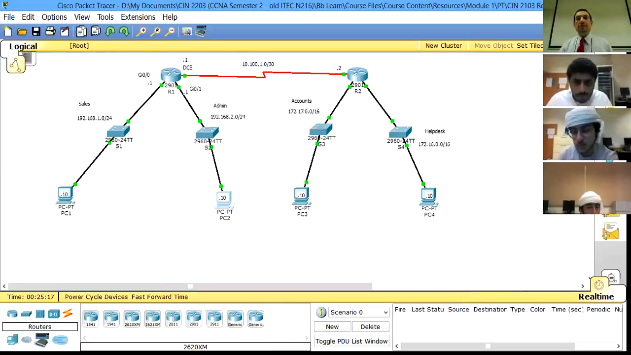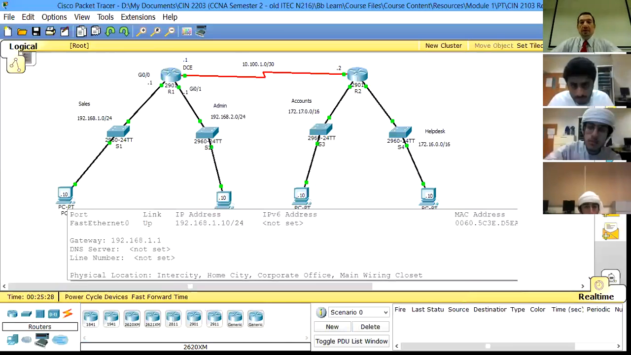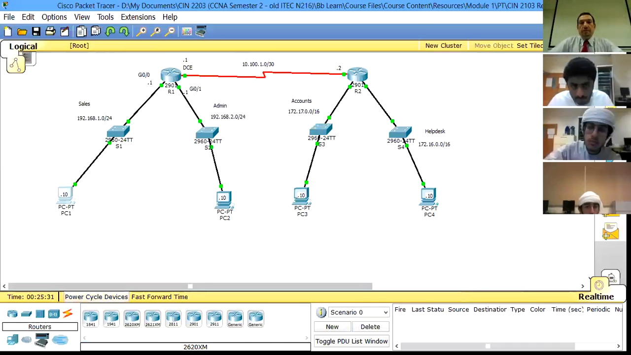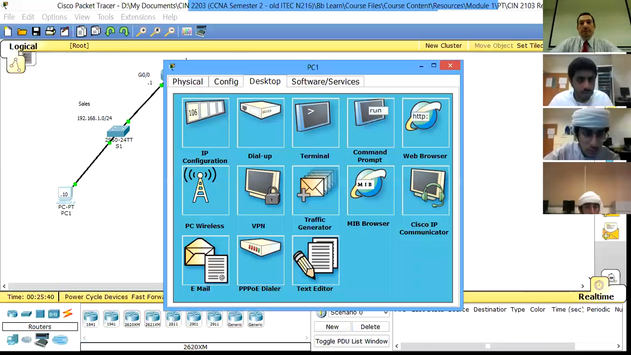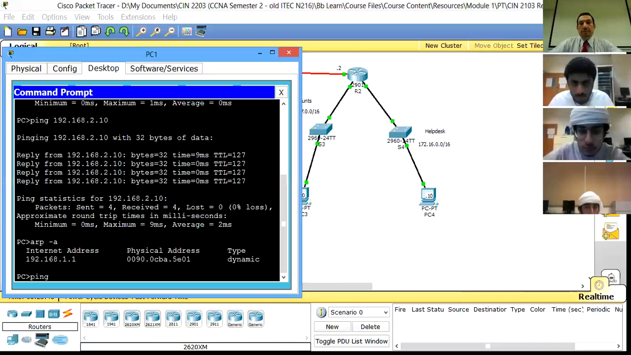Right now, I'll give it across now to Khalid. Khalid, can you please now ping PC1 to PC3? Just one click. One click. What's the network address, Khalid, for PC3? What's